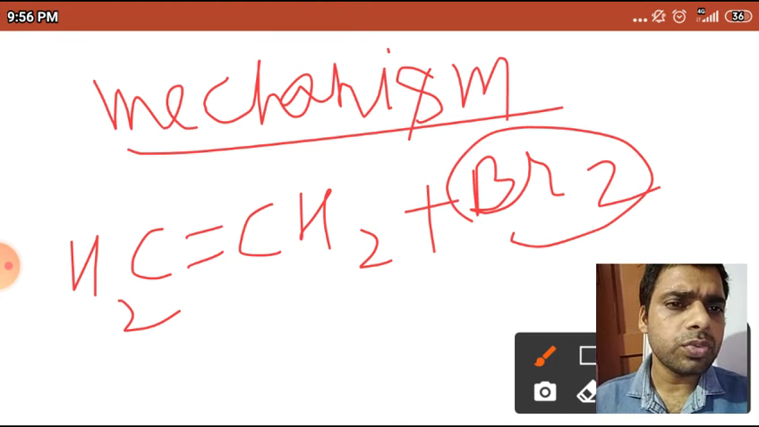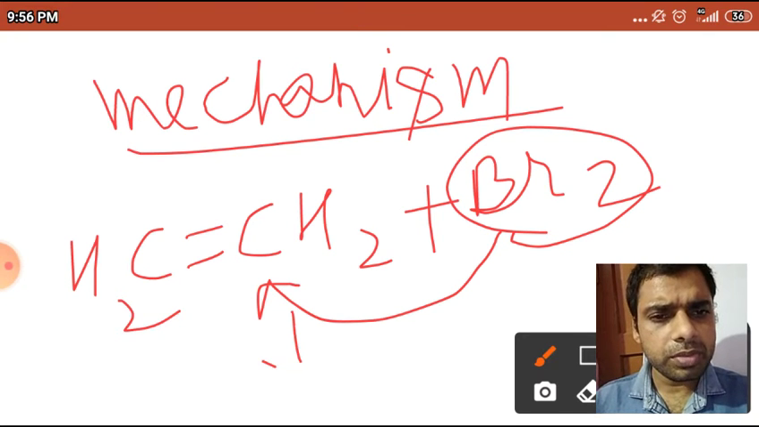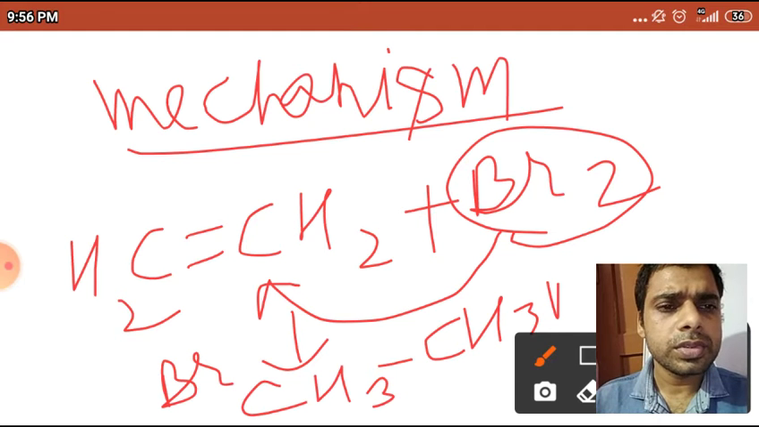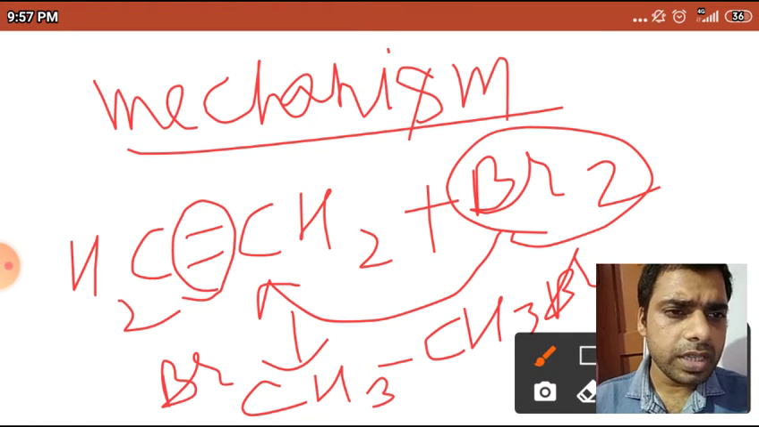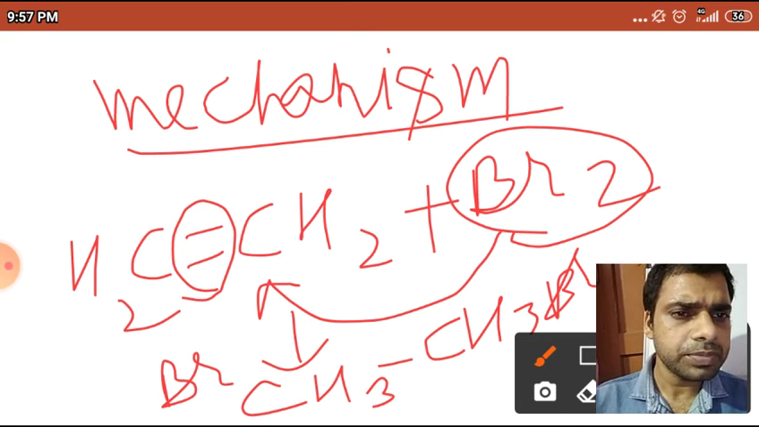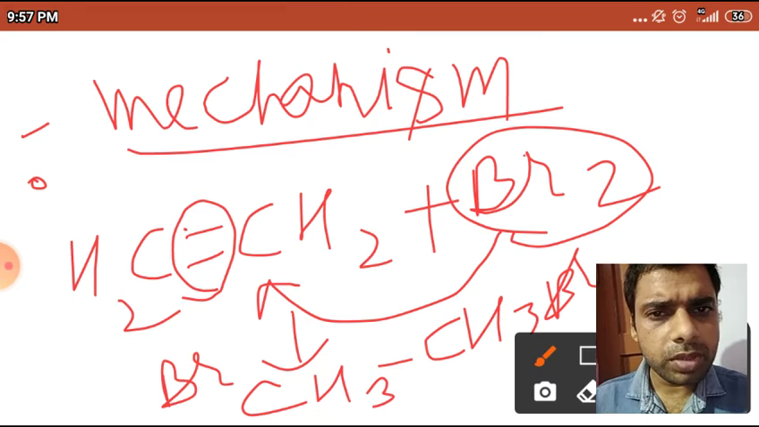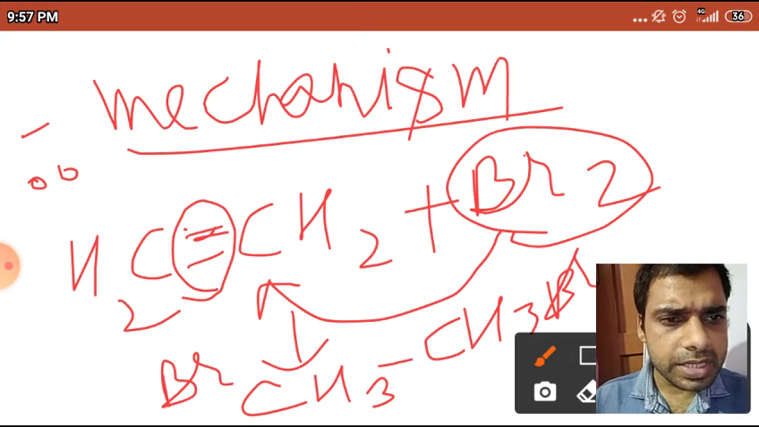This Br2 will go and react onto this one. It will form some compound, and what will it form? It will form CH3Br, okay? Then single bond CH3Br, okay? So you can see that definitely on this point something occurred, and due to that Br2 has reacted onto that place. You know, one single bond is made up of 2 electrons, and if I break this bond, if I erase that bond,